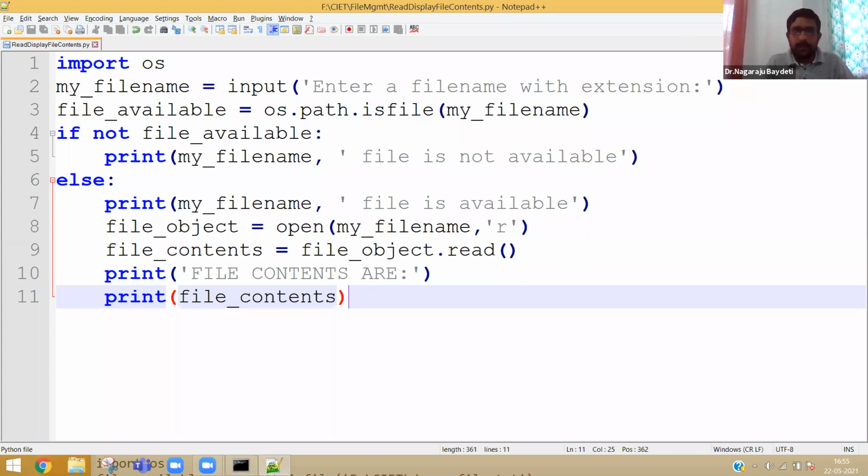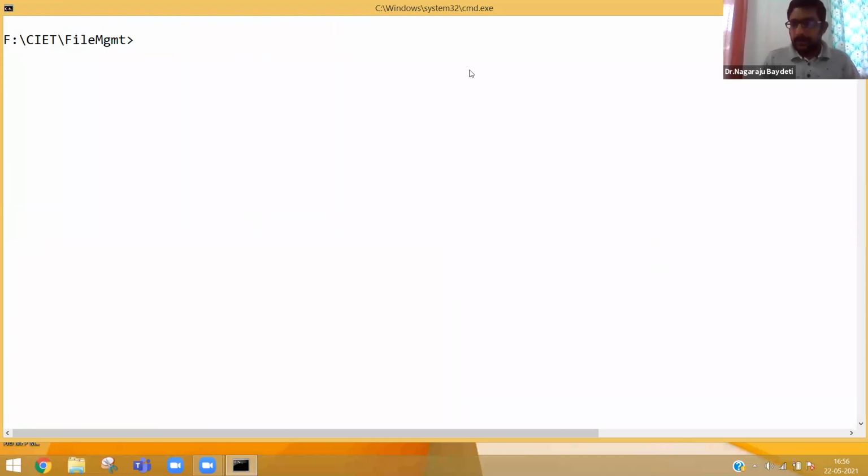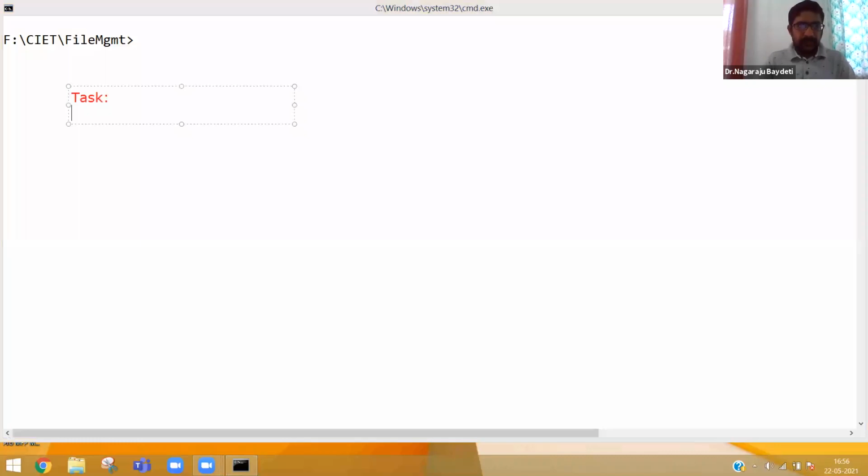Okay, let me close this. Let me try to annotate and tell you the task what we are going to do now. Open a file which is existing, because you cannot open a file which is not existing for reading purpose, in read mode. Okay, task is